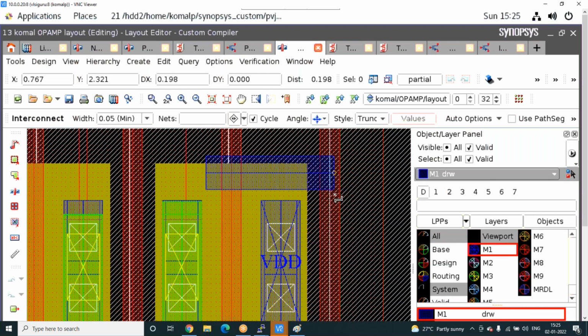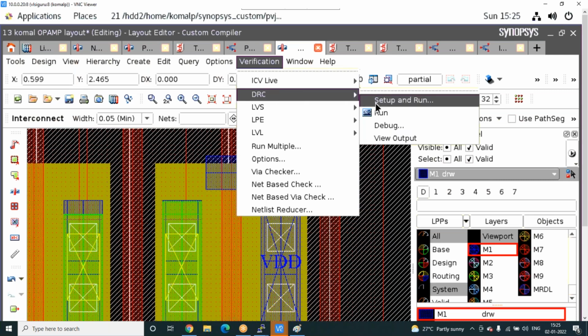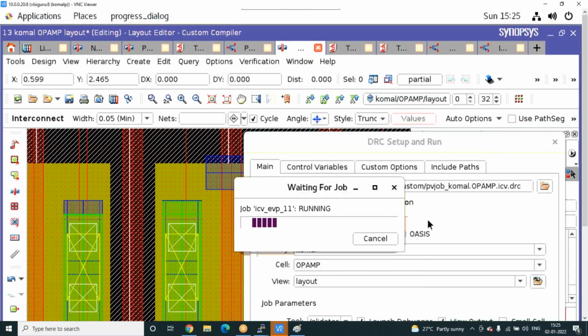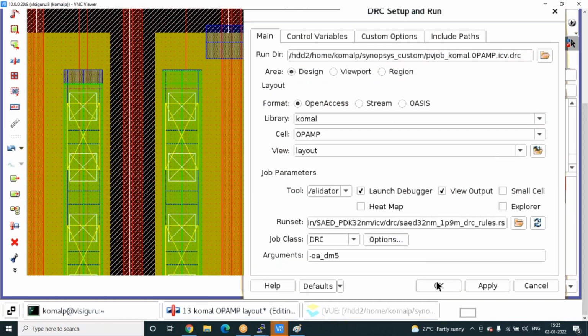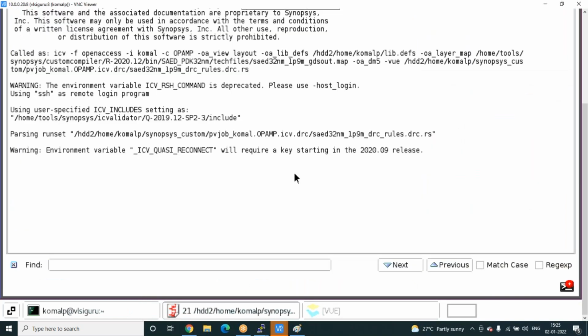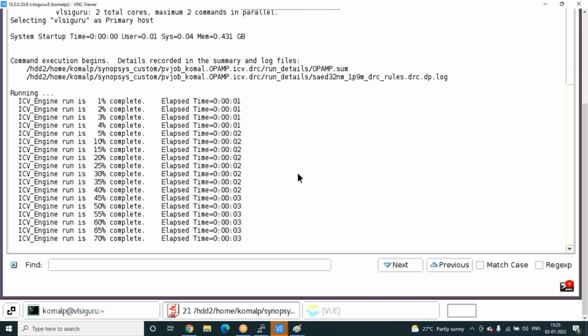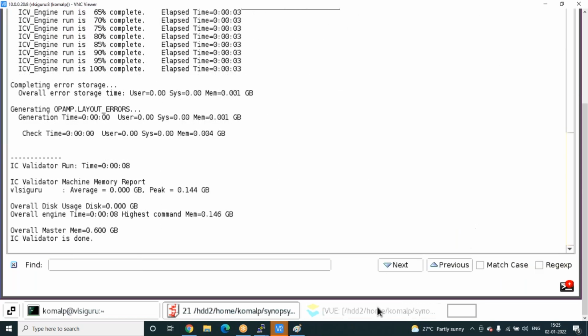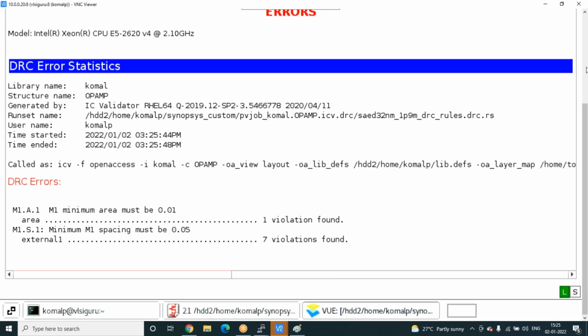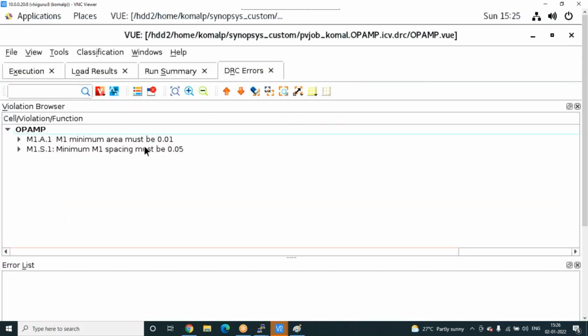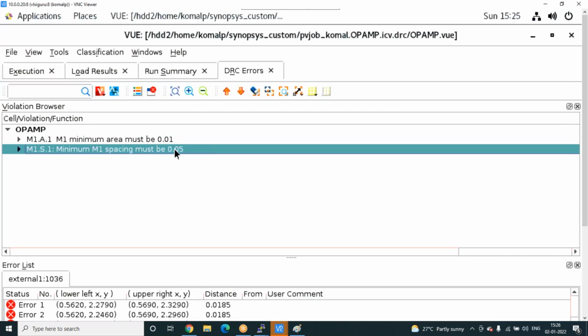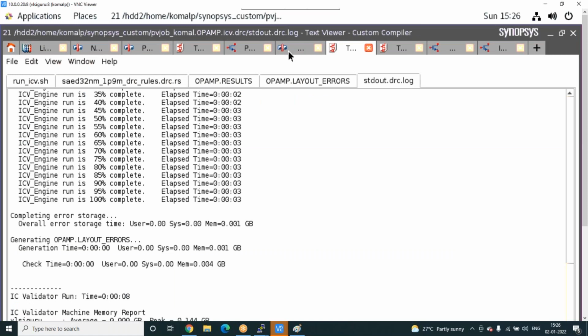Okay, enter. I'm just drawing. How will it be checked? This tool automatically identifies whether it is correct or not. Now you will find one error. See, one error it is showing. Go to DRC error: the new spacing should be 0.05. If you highlight this, it will show you wherever I drew.